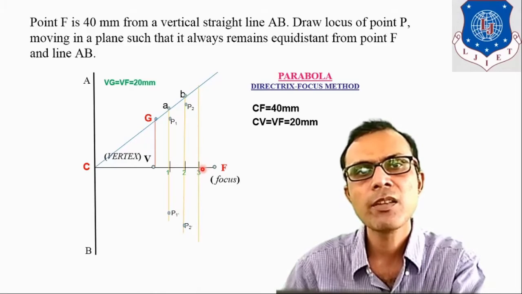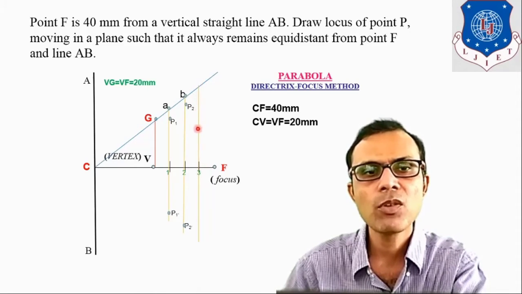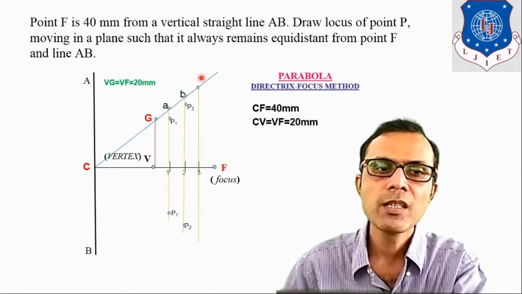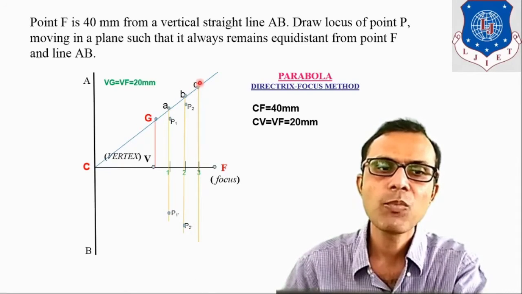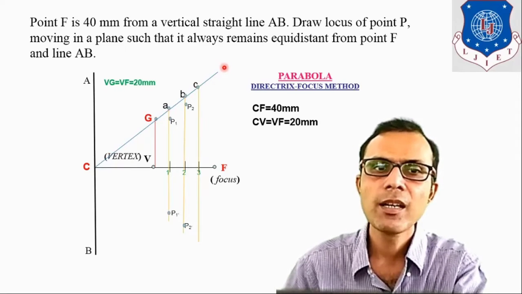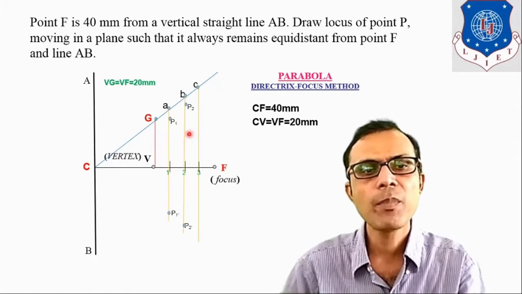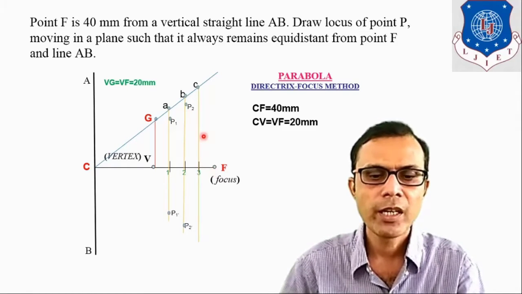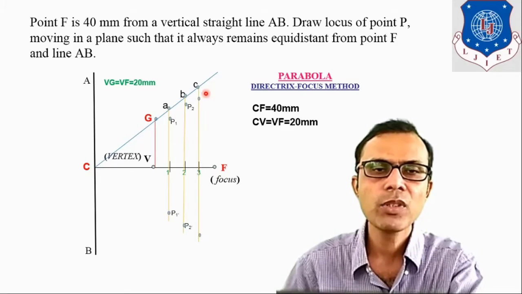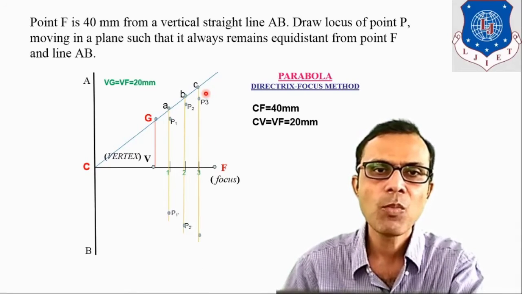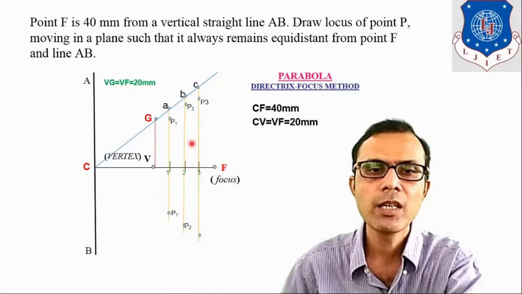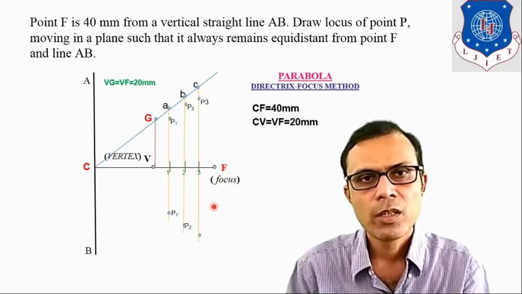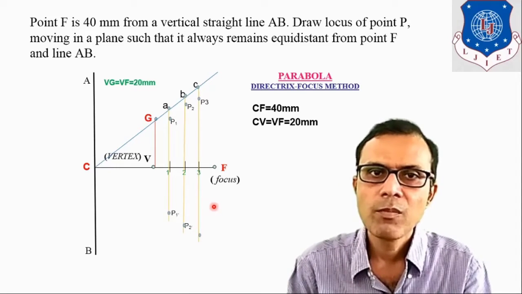Next division is division number 3. From division number 3 also, draw this vertical line, extend it and obtain point C, the intersecting point with CG extended line. Now take compass size equal to 3C. F point is center point and draw an intersecting arc on both the sides of the axis. So above axis and below axis we are obtaining points P3 and P3 dash. So these are the required points through which the curve should pass.